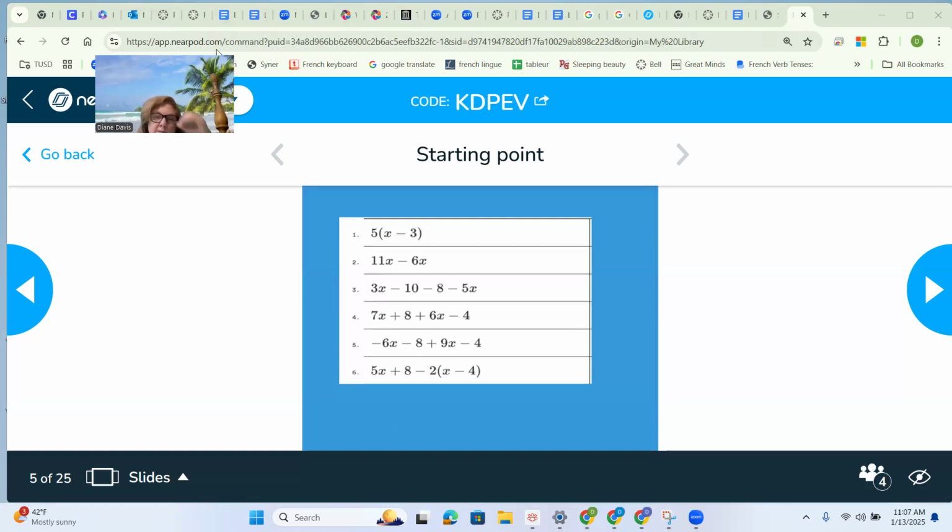Okay, what about the last one? 5x plus 8. How do you multiply that out? 3x, take away 12. Okay, what do you do for the last one? And then I'll take attendance. You're going to have 5x, right? 5x plus 8, take away 2x